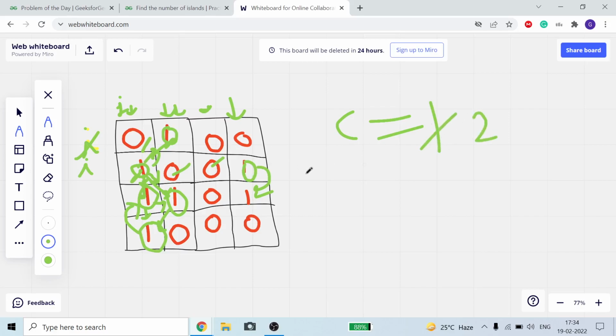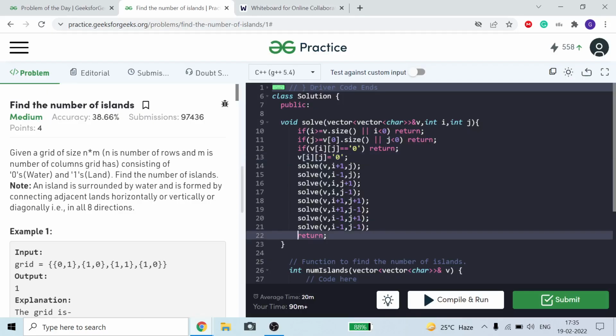So, okay, now I make it 0 and call in 8 directions, but my directions are not satisfied, because I go above, I found 0, I go down, I found 0, I go left, I found 0, I go right, my index limit got exceeded. I found top corner 0, here in the corner I don't have anything, similarly here I don't have anything, so the index is exceeded, here I found 0, so I cannot move, so I just return. At last I just return.